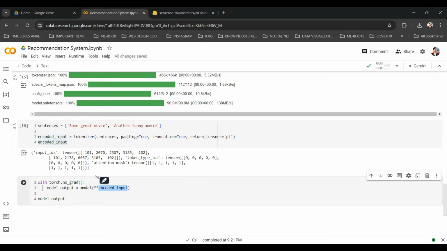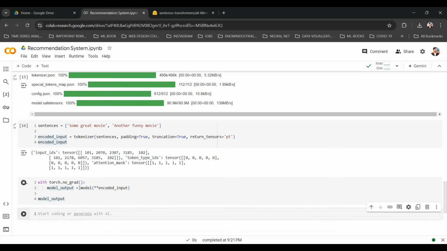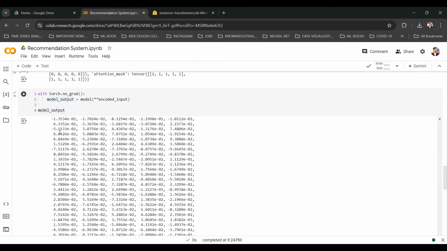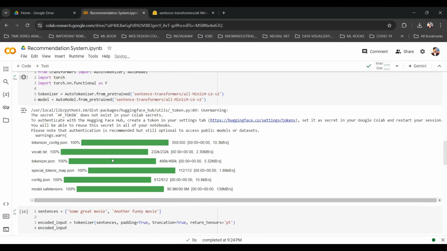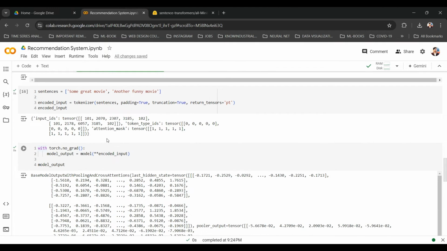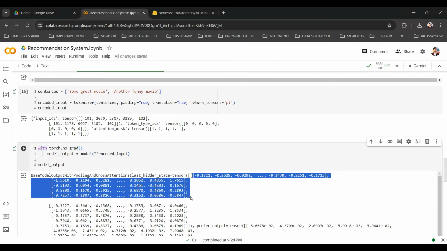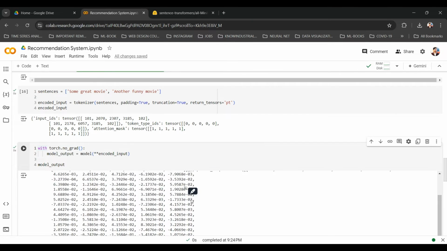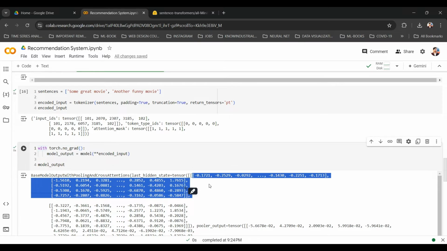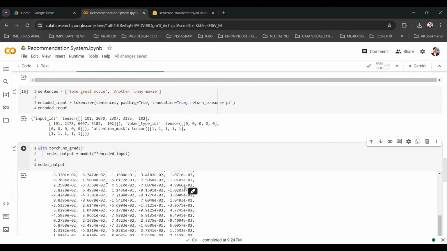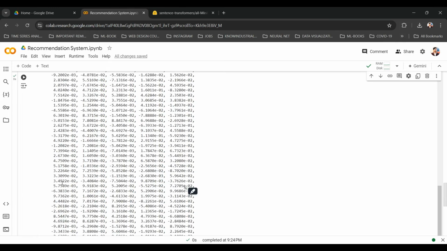So we are just unpacking that. Let us run this and see the model output. As I have mentioned before, it has converted these tokenized sentences into a bunch of embeddings, so it has converted each token into a vector. That's the output. It's a long output.